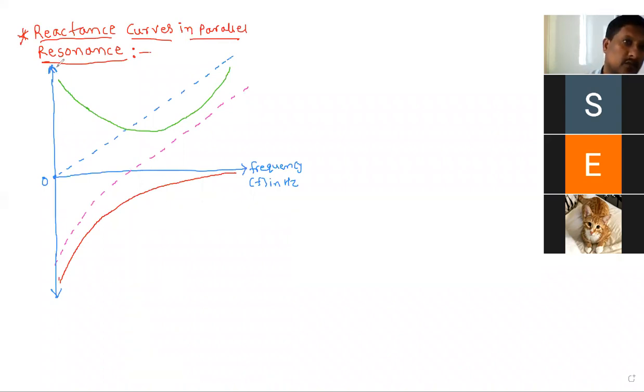Okay. So here on the y-axis, I will write admittance. We are taking admittance because in a parallel resonance circuit we are considering the admittance Y. That will be on the y-axis. So these are the different admittance curves. Okay, the reactance curves. I will give the names. This we can consider as O, O means 0. So OP.